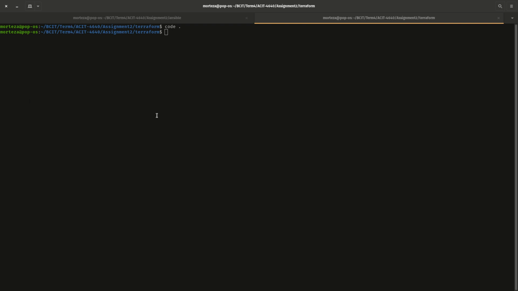In the variables, we have put defaults for everything from public subnets, instance counts, instance type, SSH key name, all that, which are then utilized in the main.tf to create a project, a VPC, subnets dynamically